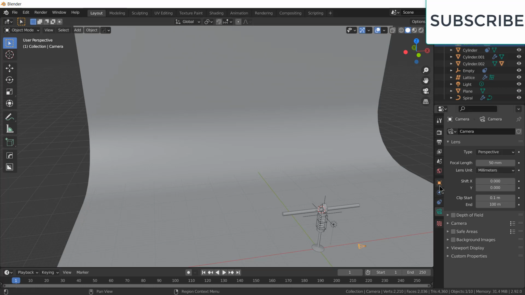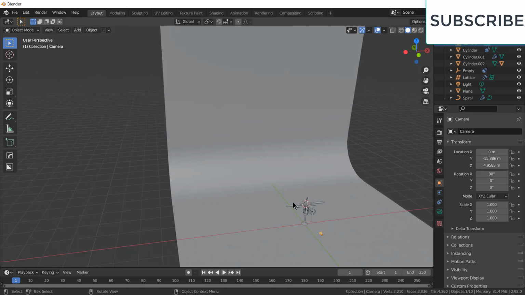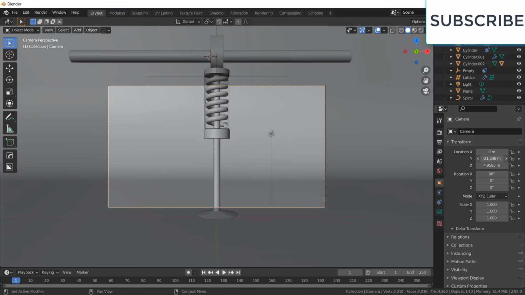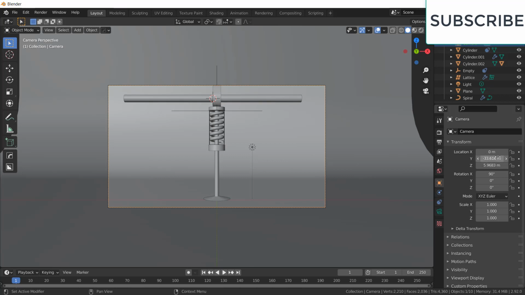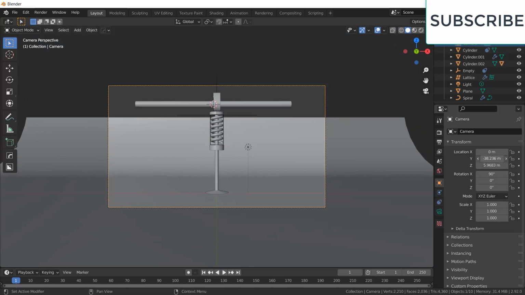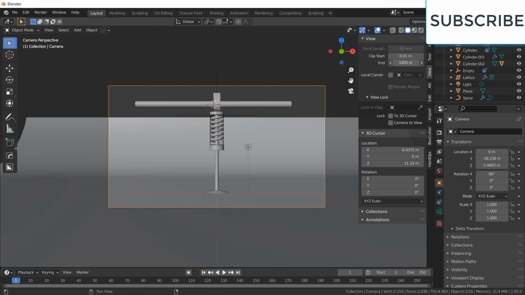Camera, click here, so 90 degrees, 0 degrees, X is 0 degrees, negative Y increase, press 0 for camera view, increase the Z value or Y value, and here like this distance. Here you see this thing is blackened, so press N and go to the view, increase this value,